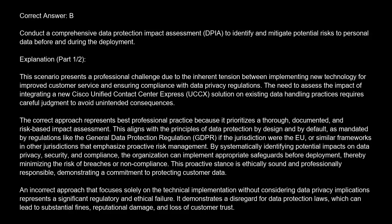The need to assess the impact of integrating a new Cisco Unified Contact Center Express (UCX) solution on existing data handling practices requires careful judgment to avoid unintended consequences. The correct approach represents best professional practice because it prioritizes a thorough, documented, and risk-based impact assessment. This aligns with the principles of data protection by design and by default, as mandated by regulations like the General